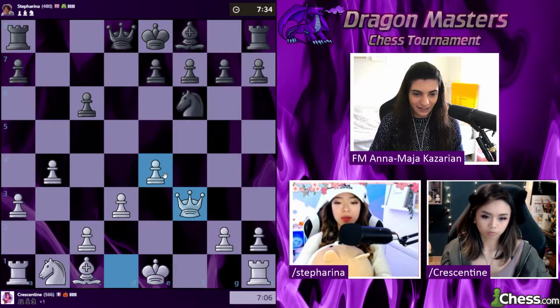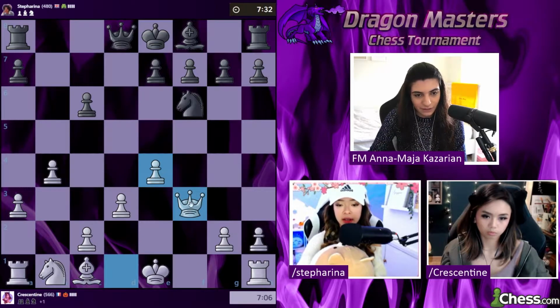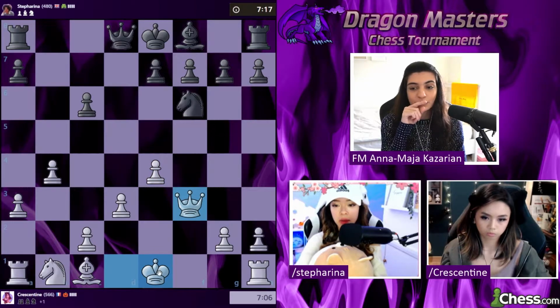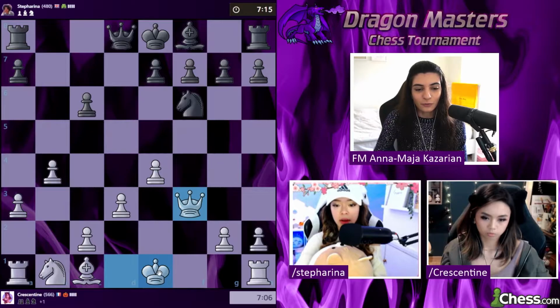All right. Okay, bishop takes f3. Queen takes f3. Okay. That seems like a fair trade. Yeah, I keep looking at this move, queen d4, but oh, if you postpone this move, you allow white to